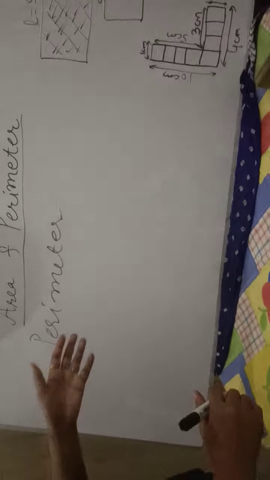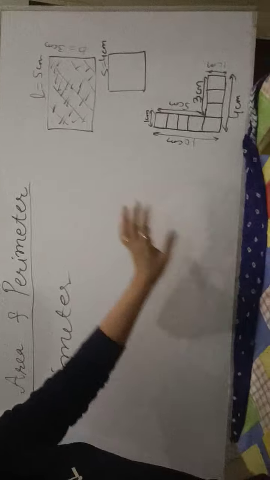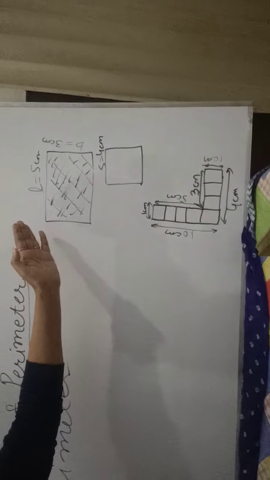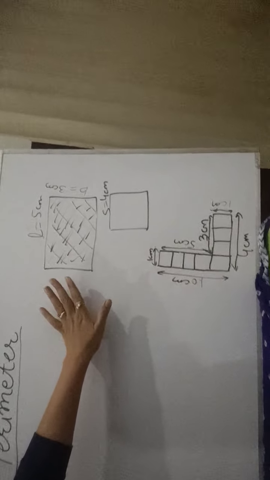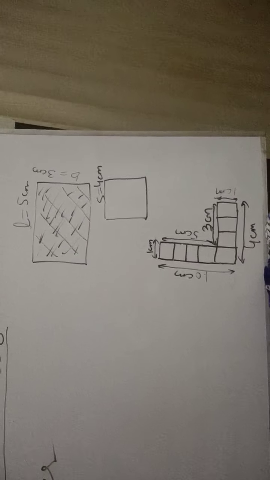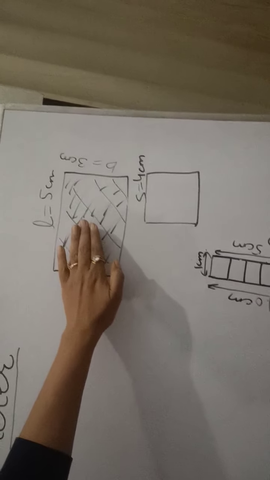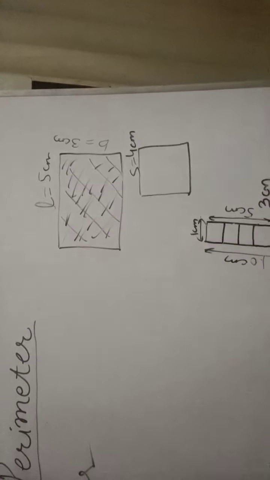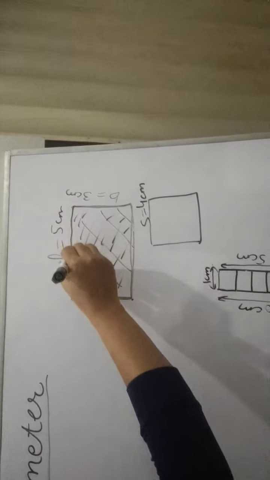Why do we need perimeter? Suppose this is a lawn outside your house and you have to protect this lawn from animals and many other things in today's world. So what should you do? You need to fence around your lawn to save your flowers and all greenery. What is fencing? Fencing means to make a boundary outside your lawn.